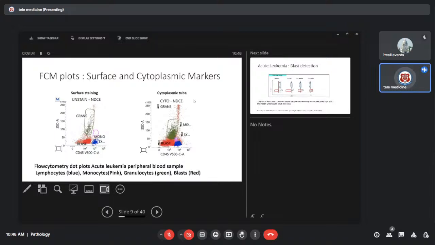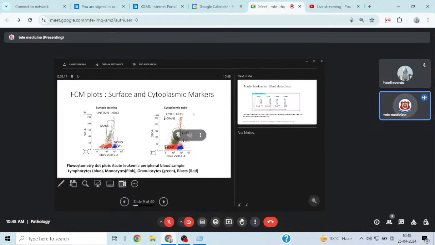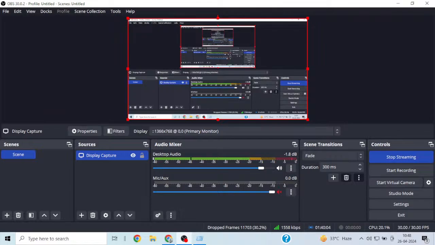it changes the side scatter. Now you can see this is CD45 versus side scatter for a surface staining of the same sample. So you can see the blast are here, the grans are reaching up to the side scatter of 200 and the lymphocytes are here. But once you have permeabilized the sample, what you see is these grans have fallen down because the cells shrink because of the permeabilization. So